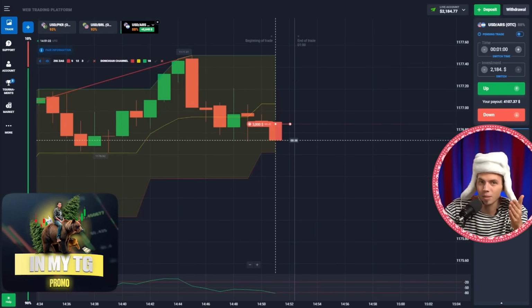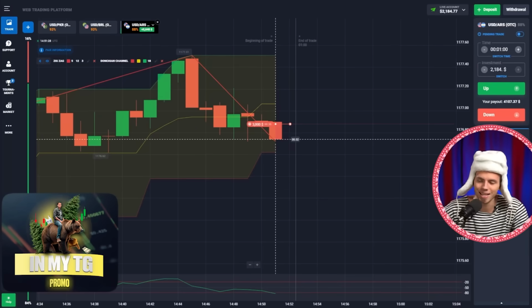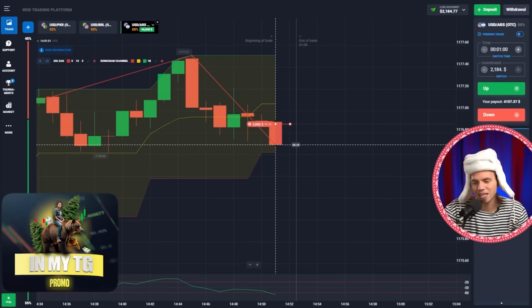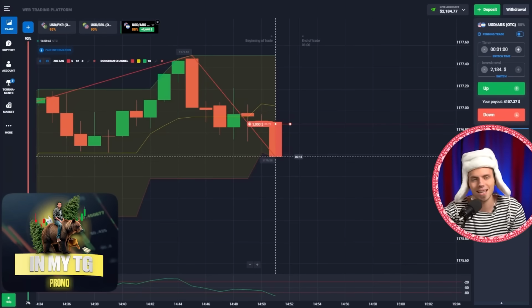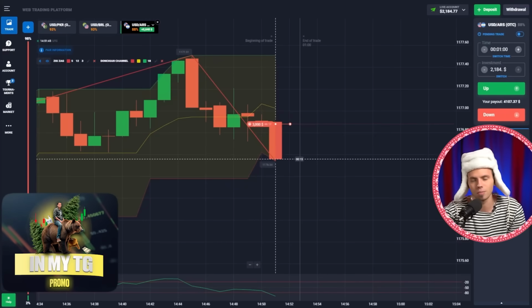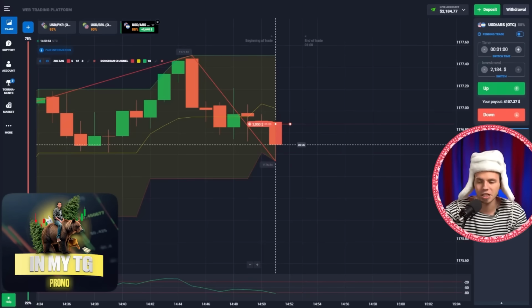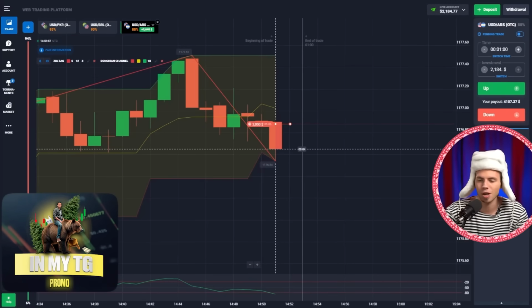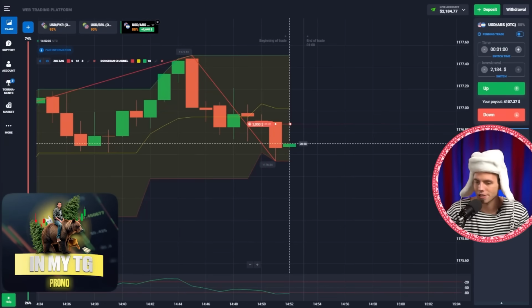What? Maybe you will tell me, because this situation is quite opposite to the previous situation. It's very similar, but vice versa. Here we're going to move down right away because we already broke this middle line and it became a resistance level for us. Before moving on to the lower boundary, once the price decides to go back to this middle line, it will not break it because it became a resistance level. Here is another one, quite opposite but similar, an obvious situation. Yeah, pretty good. I like it. I like what's happening over here right now.